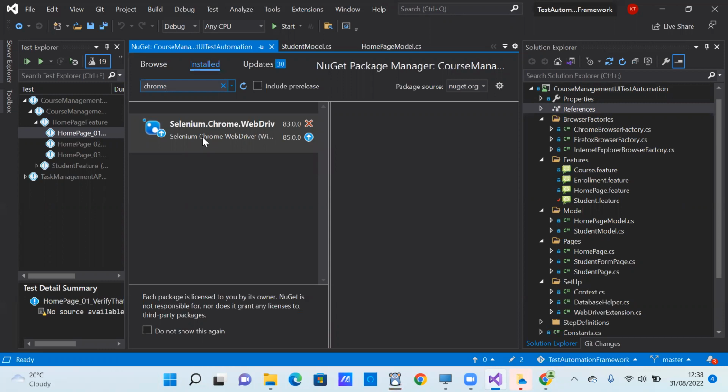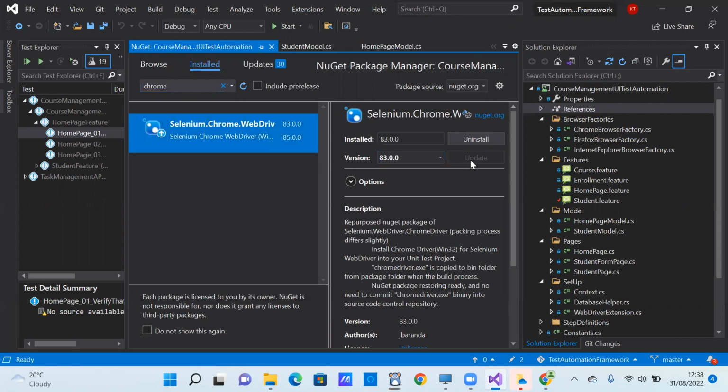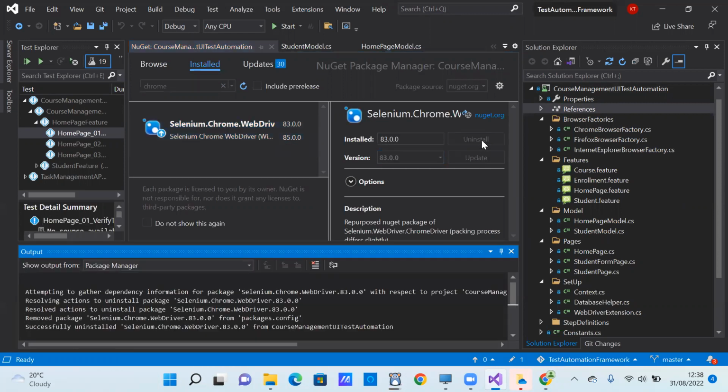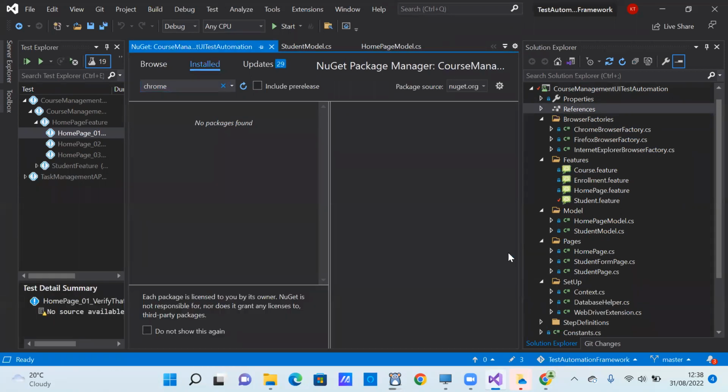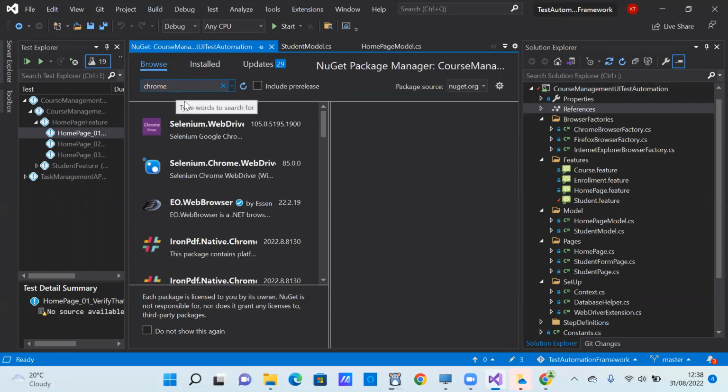All you have to do to start with is to get rid of this one. I will just click on this red thing and then click on install. So it's gone now. Now, how do we put a newer version back? Come to browse and leave this Chrome. As you can see, this is now